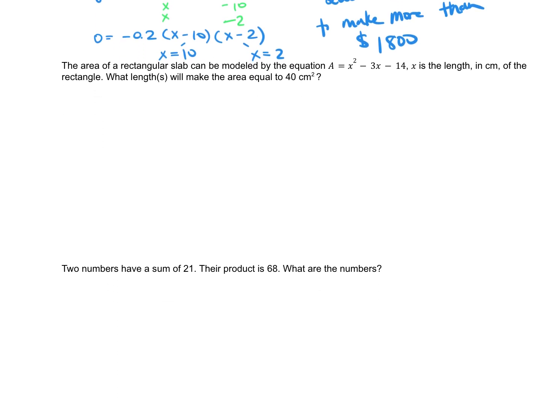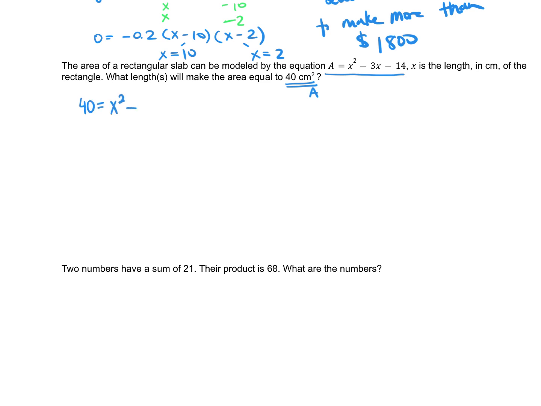We're going to move away from profit and let's look at an area example. And in this one again, I will be giving us the equation. So the area of a rectangular slab can be modeled by the equation A equals x squared minus 3x minus 14, where x is the length in centimeters of the rectangle. What length will make the area equal to 40 centimeters squared? So this 40 centimeters squared is area, which is A. So we are just replacing A with that number